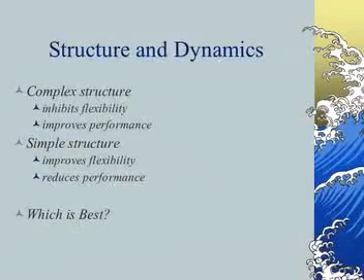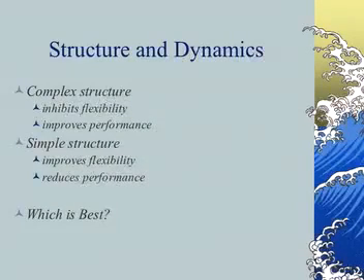Okay, let's try to relate structure and change dynamics. Remember, the structures can be simple or complex, and that structures are interacting parts, some set of interacting parts, and the interactions take place via rules. So complex structures have a lot of interacting parts, and therefore they have a lot of rules. This generally makes complex structures difficult to change and sort of inhibits the flexibility. This can improve performance, though, because you have explicit rules governing behavior.